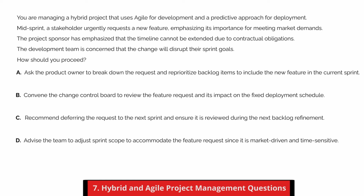The development team is concerned that the change will disrupt their sprint goals. How should you proceed? A. Ask the product owner to break down the request and reprioritize backlog items to include the new feature in the current sprint. B. Convene the change control board to review the feature request and its impact on the fixed deployment